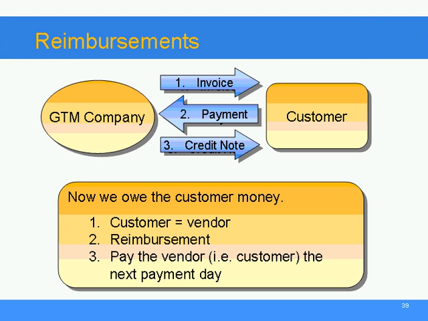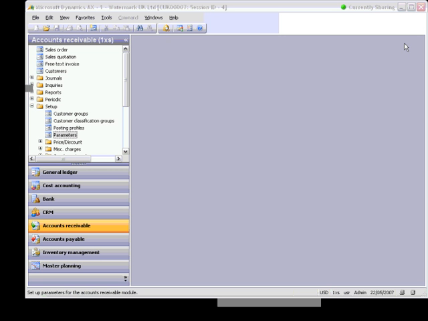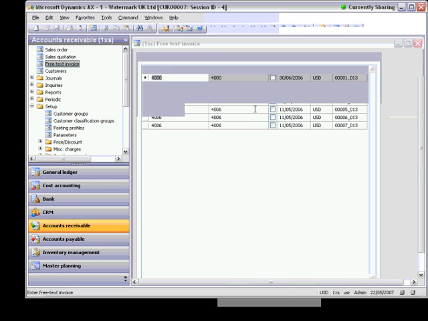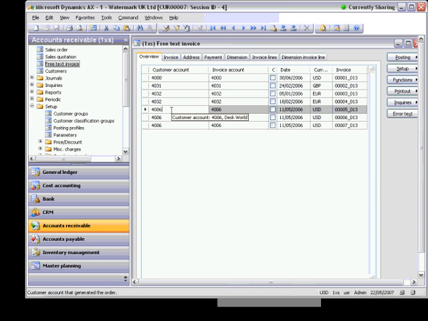So let me show my Dynamics AX form. Let me show free text invoice and customer reimbursement. We have exercise 1. In the accounts receivable module, open the form free text invoice. I have already created a free text invoice for you. Create a new record,